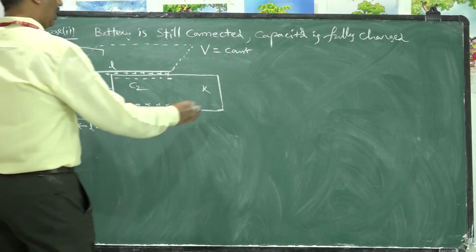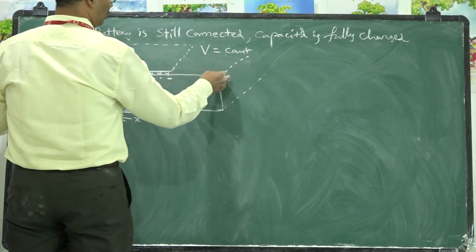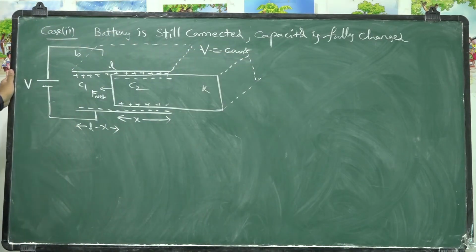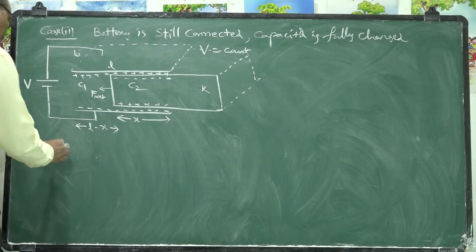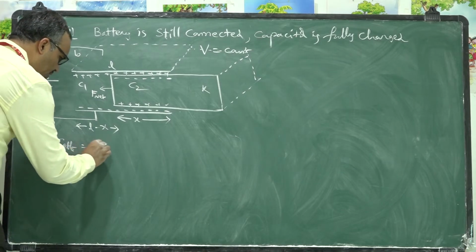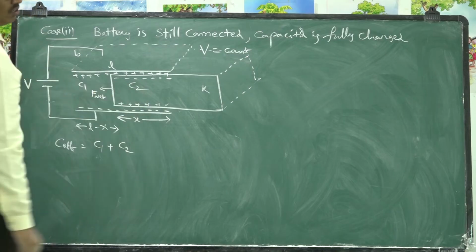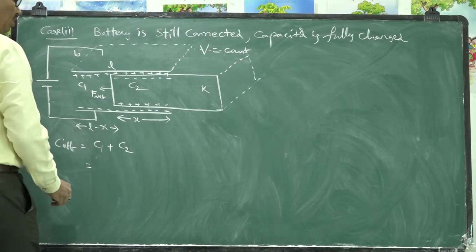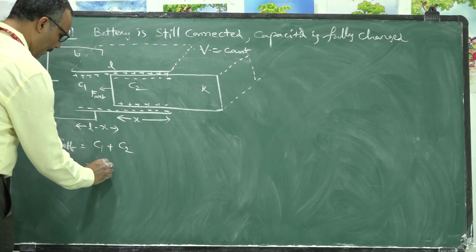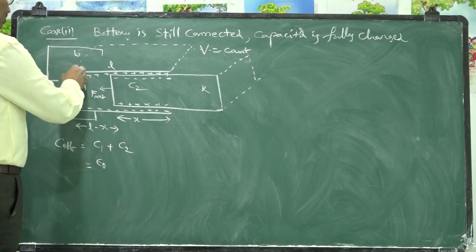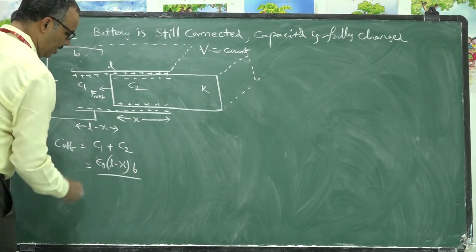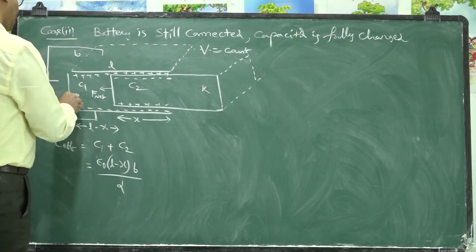Now the dielectric, actually, is like this in 3 dimensions. Now, how to calculate the force here? Before calculating force, let me calculate the effective capacitance. Effective capacitance is C1 plus C2 because this capacitor is parallel to the second portion of the capacitor. The first part of the capacitor has epsilon naught A by D, where epsilon naught into A means area, length into breadth. This part is L minus X and the breadth is B. So epsilon naught L minus X into B by D, where the separation between the plates is D.